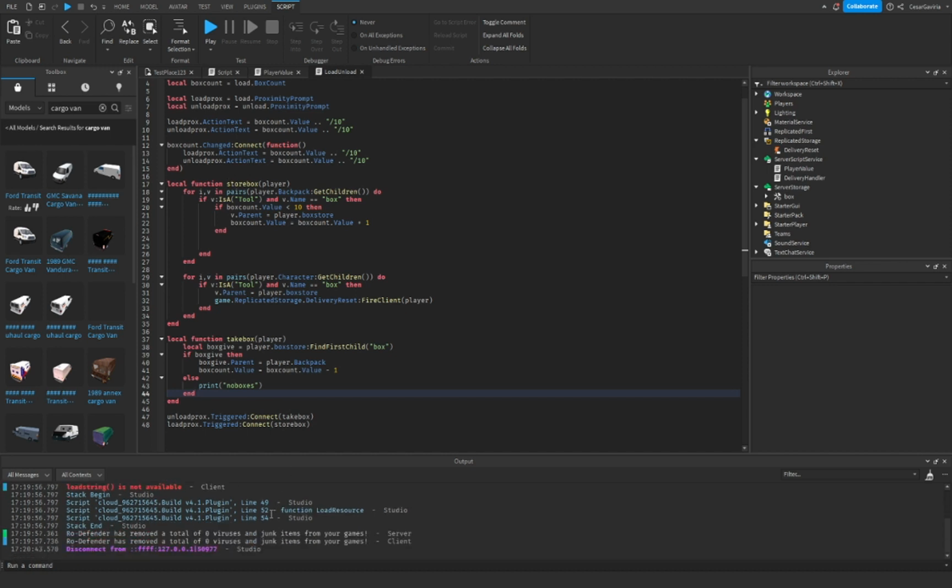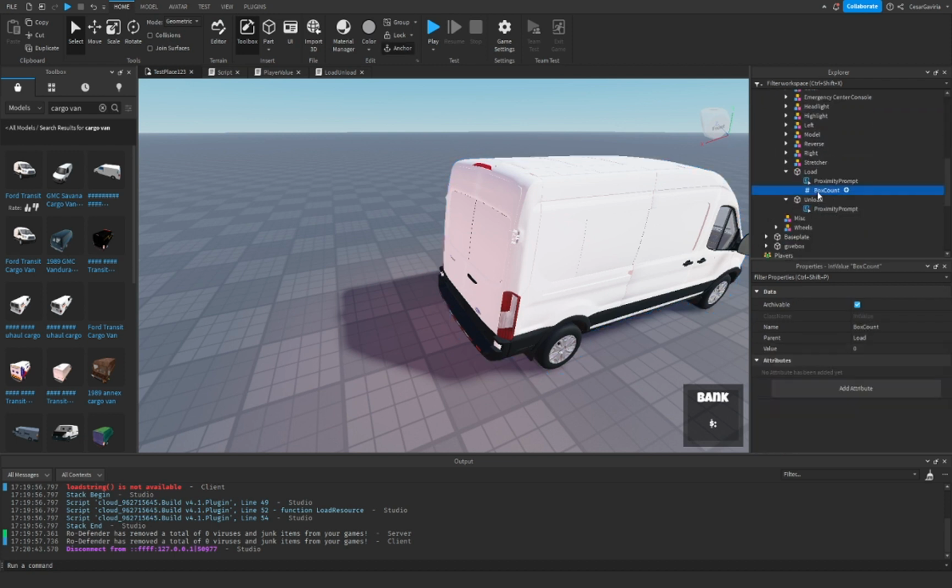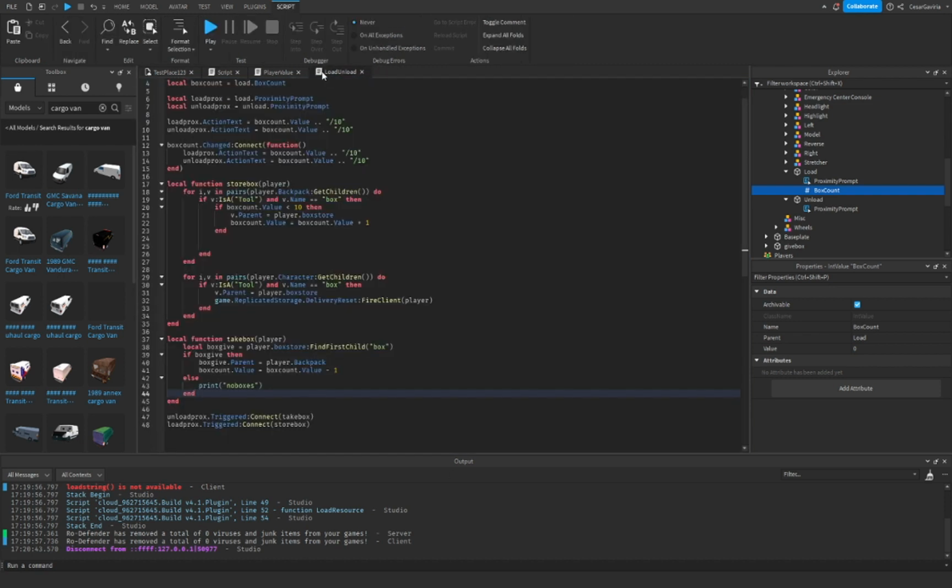I didn't get any errors. The only thing that I can think of at the moment is that the box count is set to 0. I guess all I can think of is that it's set to what it needs to be set to. But the problem is